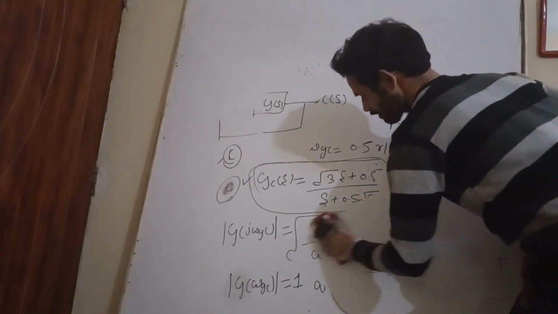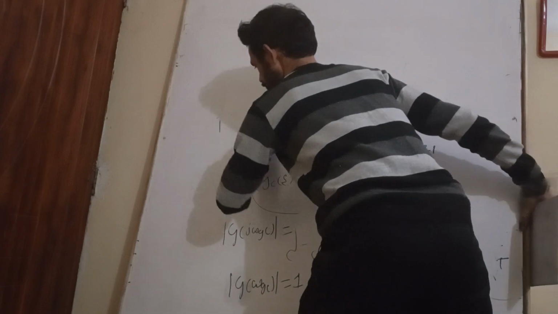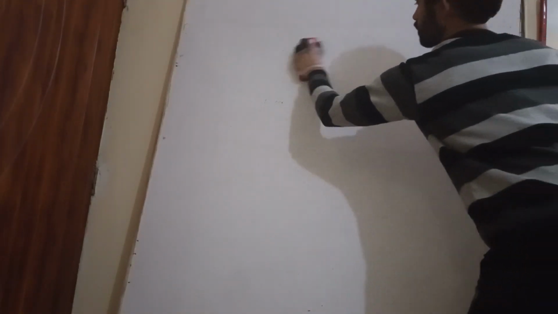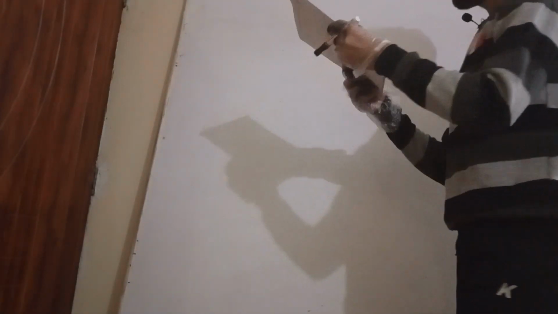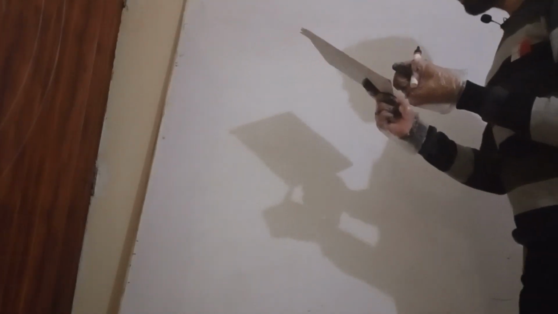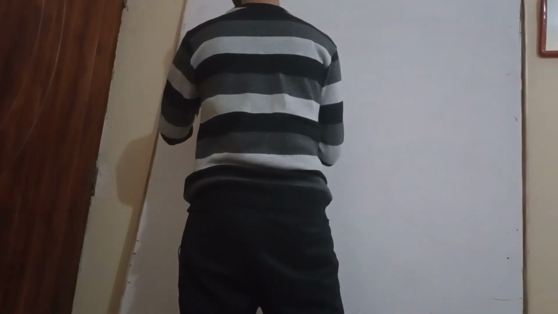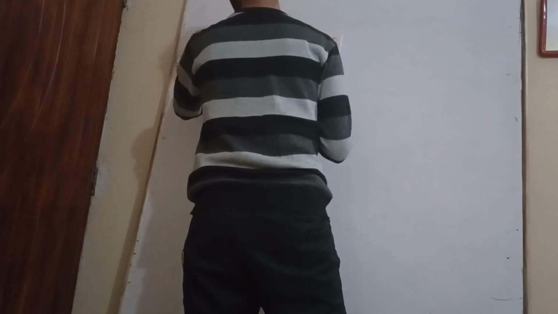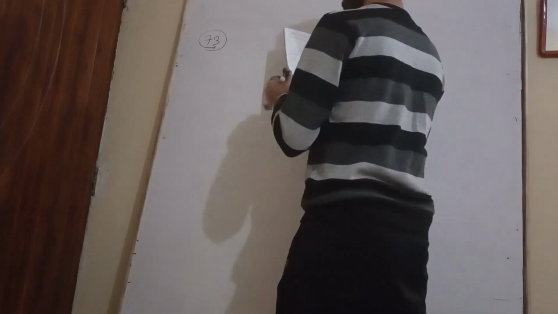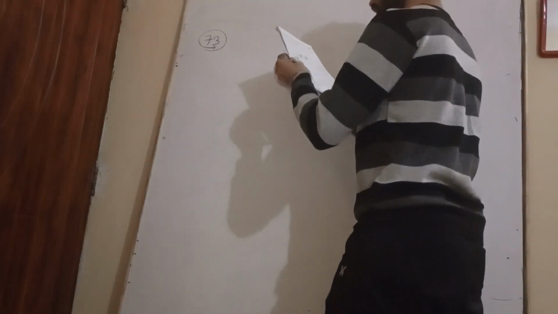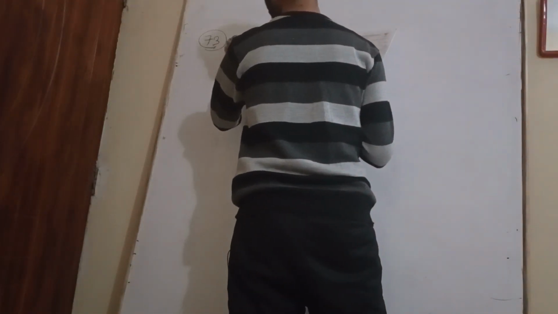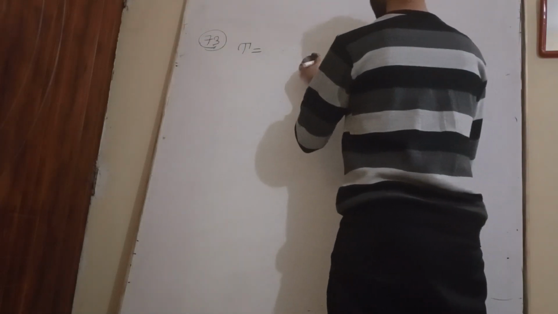Now see question number 73. Question number 73 is about the sensitivity of a transfer function. So see here, question number 73, it is about sensitivity. The transfer function is given as